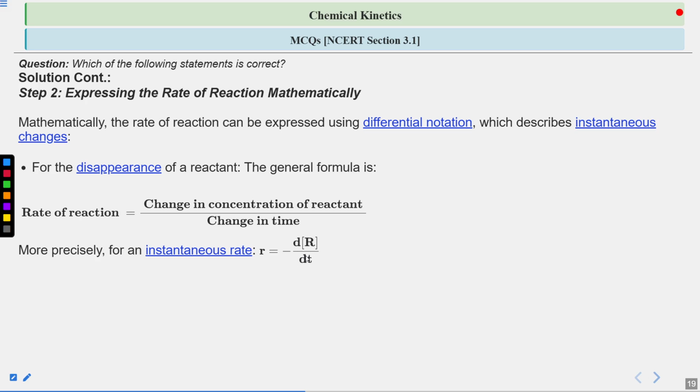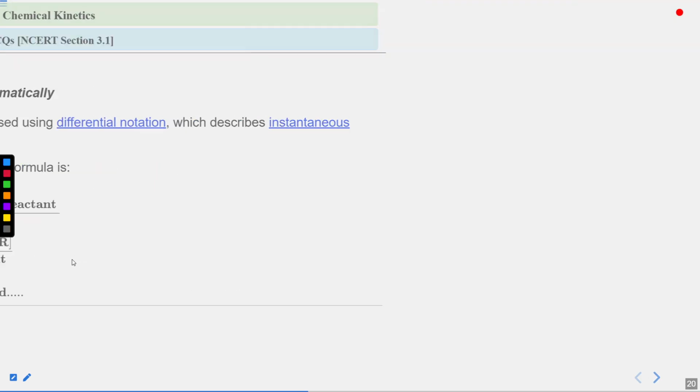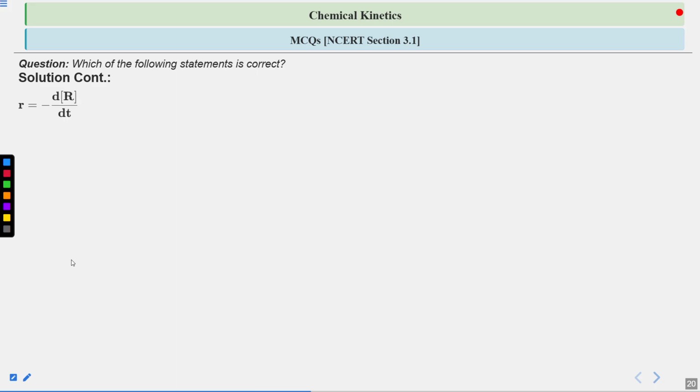So d represents that a small amount is changing. In this particular change in time, whatever amount the concentration of reactant changes represents the rate. And we put a negative sign because the concentration of reactant is decreasing. So the rate is minus d[R] by dt,